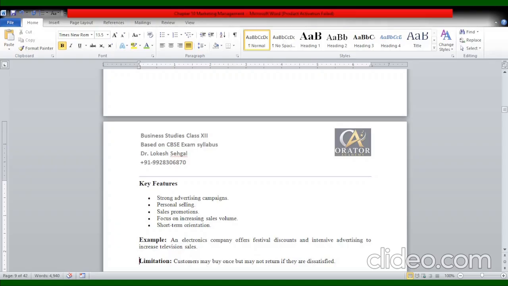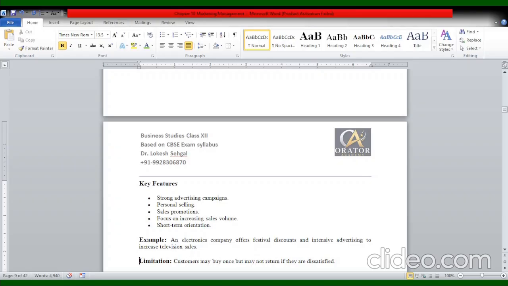From time to time, you are informing your customer about the product, about the services you or the company are coming with. You are putting effort, putting more aggressive selling features through the promotional activities. So in this way, you are creating an environment in which the customers will be persuaded to buy the particular product or services. So this is how you are working with your selling concept, right?